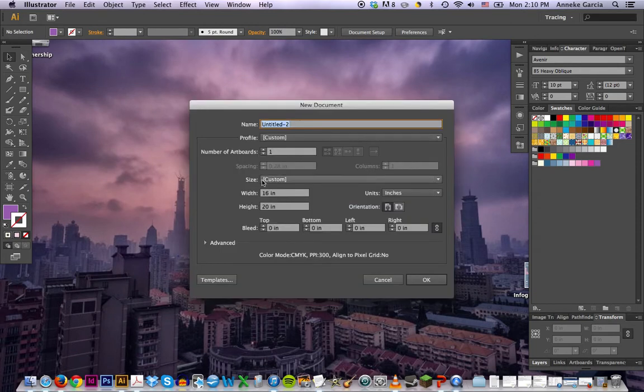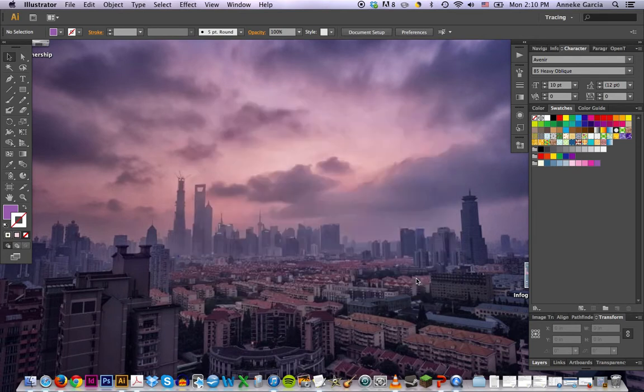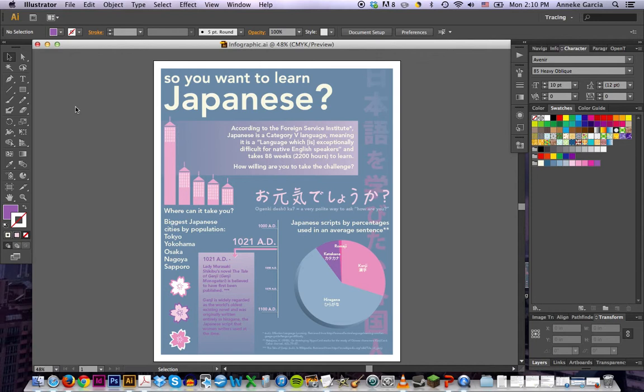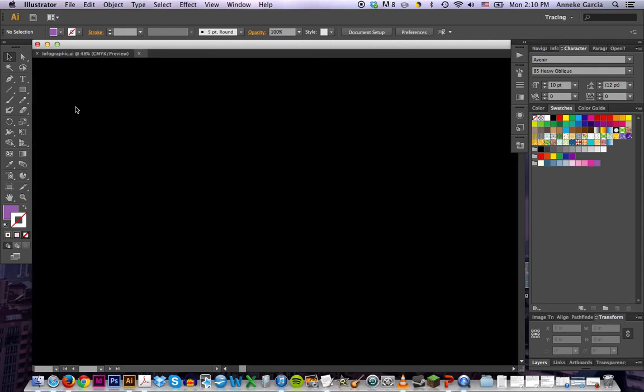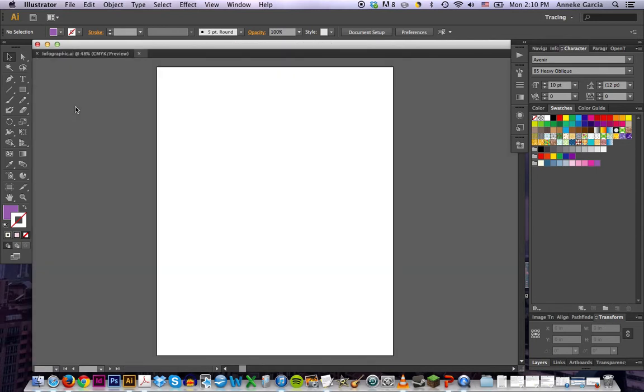I have mine set as 16 by 20 because that's a standard poster size. But if you want to change that, there's some pre-selected sizes here, or you can type in your own. Let's do 16 by 20. And again, it's opening that thing I already had open. Never mind that. So here is my new document,